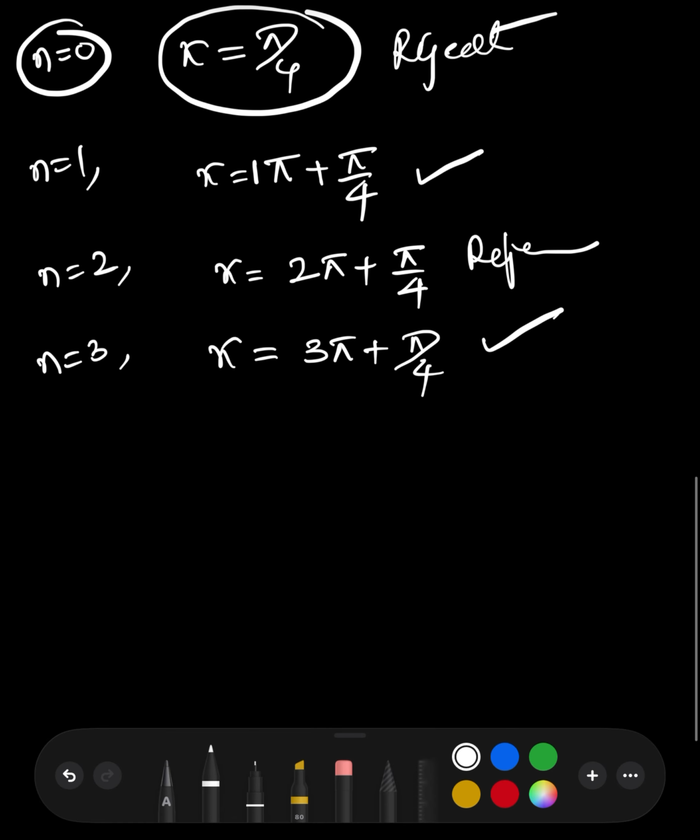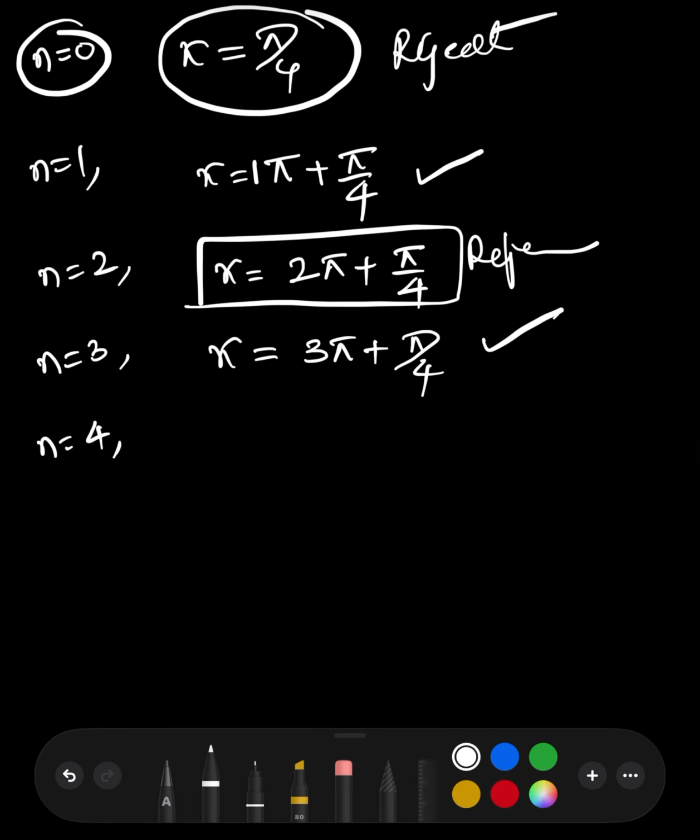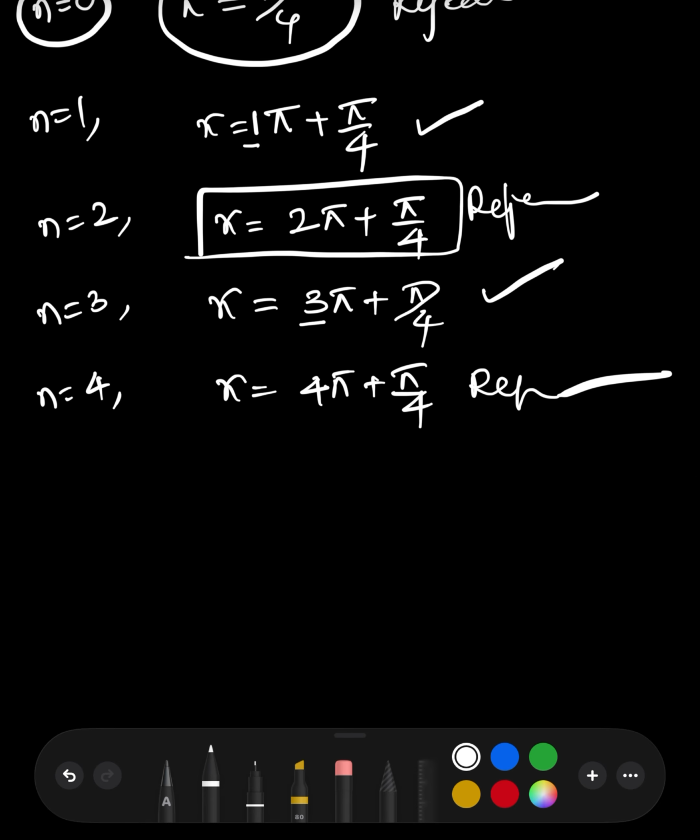Now clearly, what's going on here, in case of even multiplier it is not possible. Let me verify with one more value, that is n equal to 4. Then x equals 4 pi plus pi by 4 is in the first quadrant, straight away it is also rejected. But if you observe, focus clearly, 1 pi plus pi by 4, 3 pi plus pi by 4, odd multiples of pi plus pi by 4 is the solution, right? Now clearly the solution is odd multiples of pi, because of 1 pi, 3 pi, 5 pi, like that. Odd multiples of pi